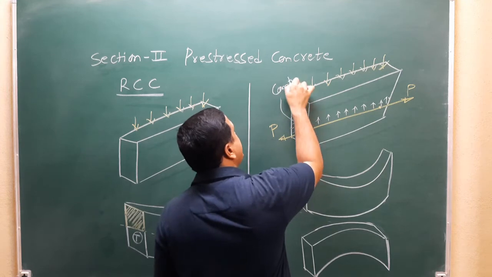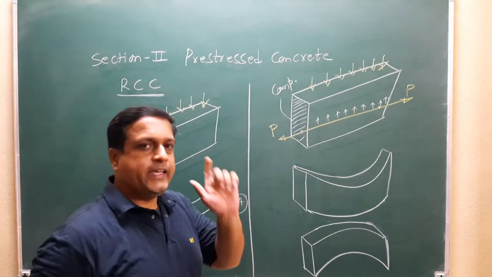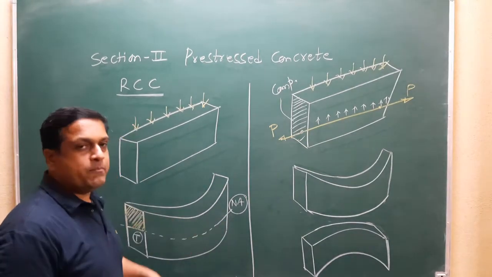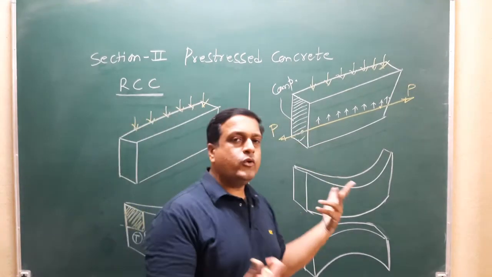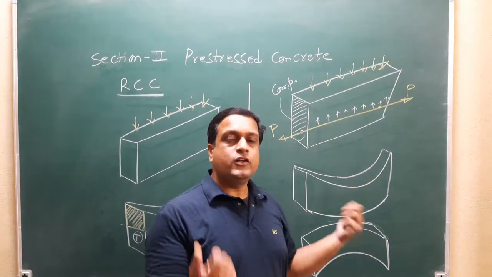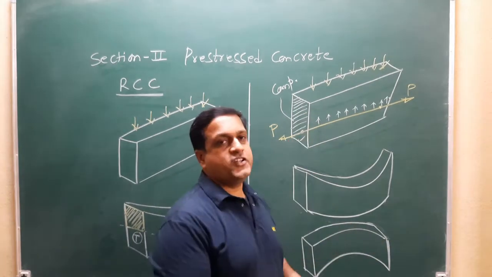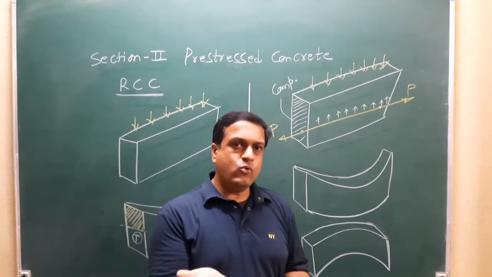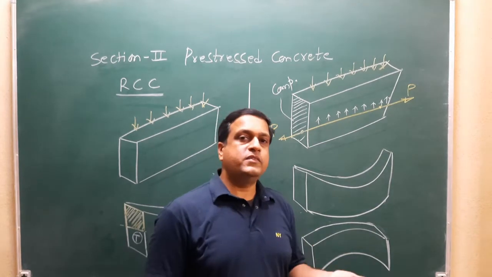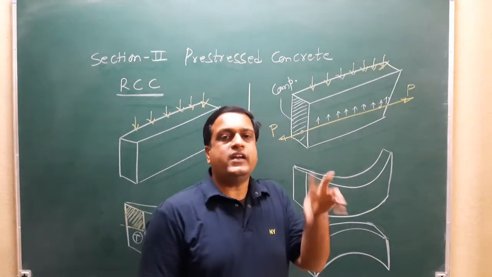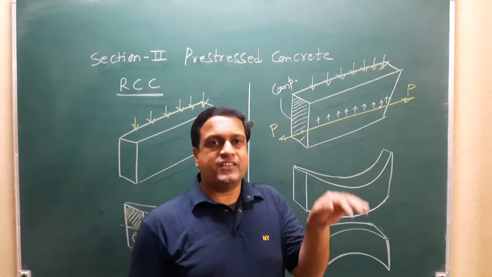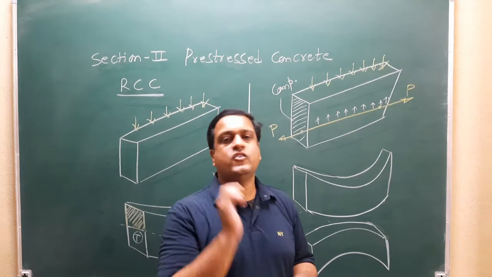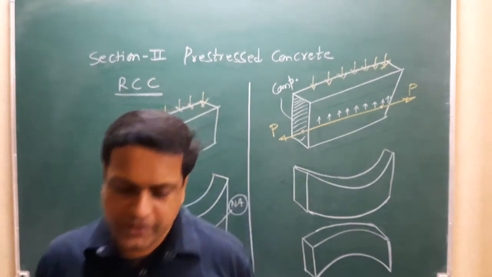Total material in compression. If the beam is going to bend, when the beam is bent, there is development of two zones. Here the beam is not going to bend. That means the total concrete is in compression. So this is the concept of pre-stress. So you have to develop the internal stresses to counteract the external stresses developed due to the external force. So this is the small concept of pre-stressed concrete.